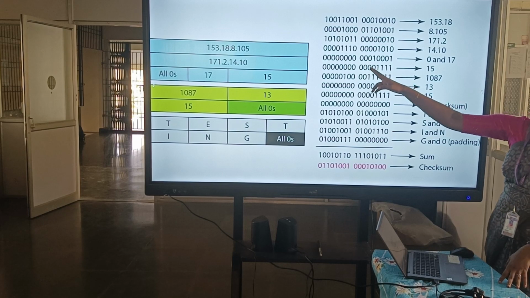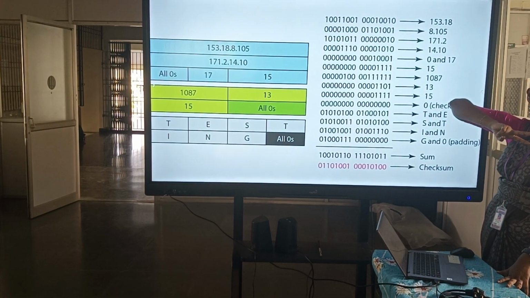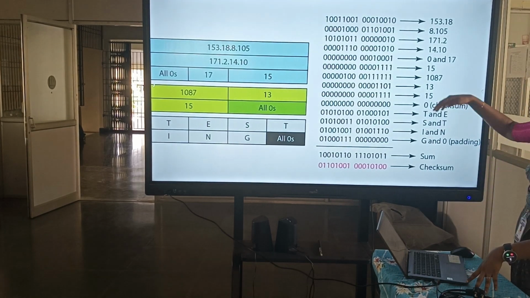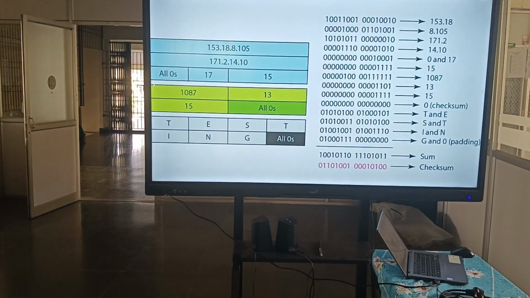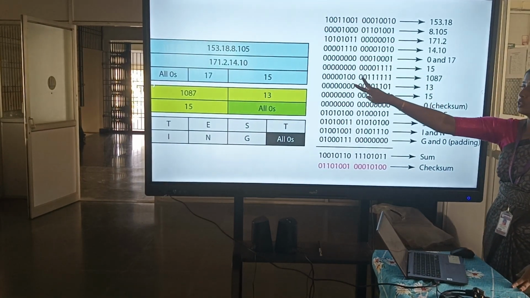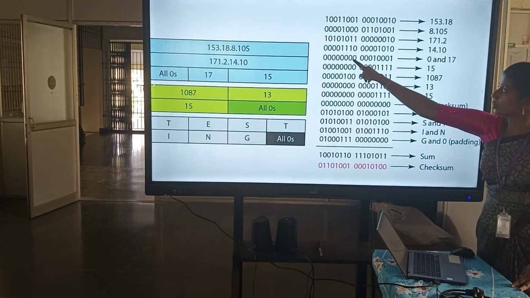We are dividing the source IP address into two parts. Next is destination. We are again segmenting the destination into two parts and we have written the binary notations for that. Then all zeros. Then the